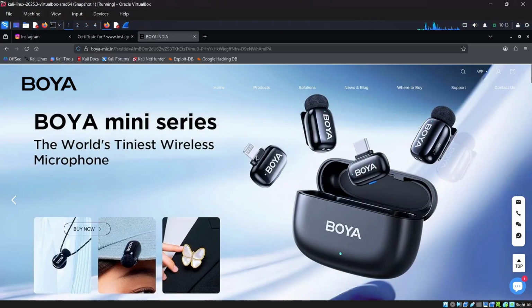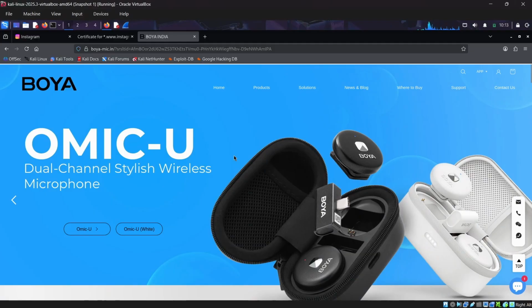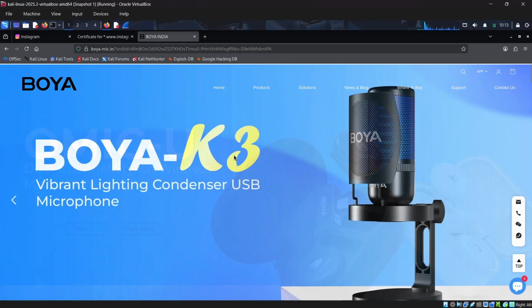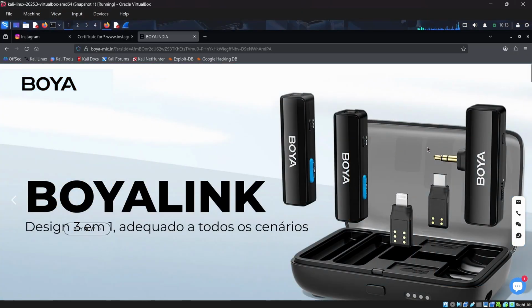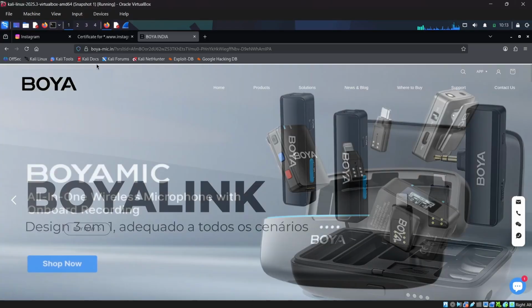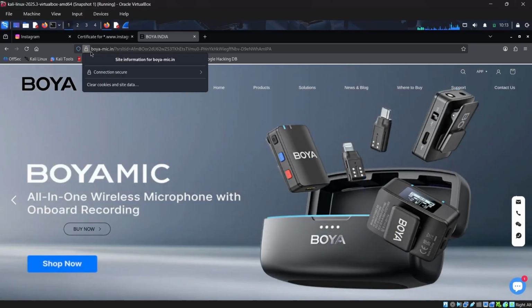On that website, it says that it's not secure, but I just wanted to check out the mic. It has payment and other information available. I don't know if it is a fake website or not, but I didn't care at that time. I just loved the mic that I would like to buy. And actually the site was not secure at that time. And I just